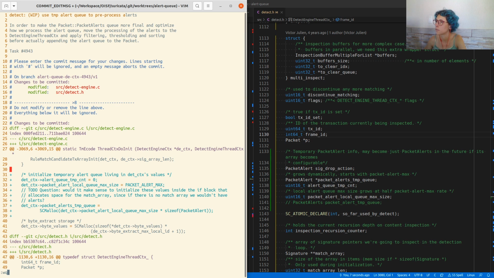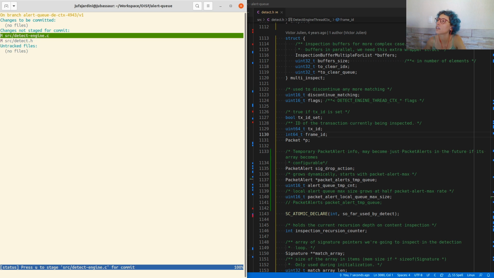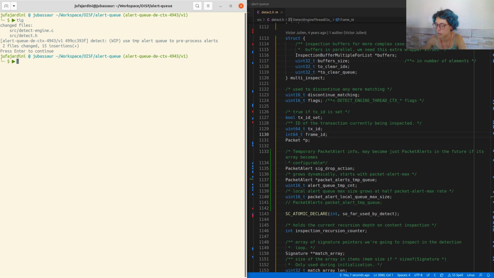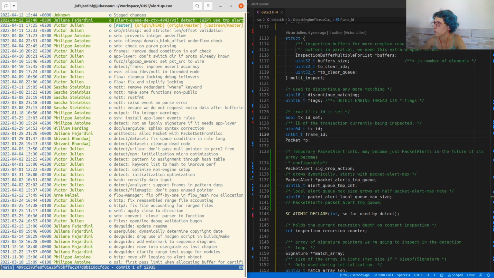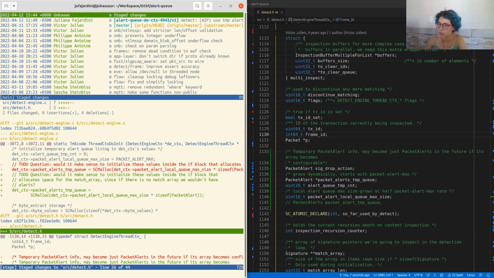So this, Clang changed things. And why did you do that to me, Clang? If I do a git diff, no, just a diff would give us what we want. We have this commit, and here we have what Clang changed.